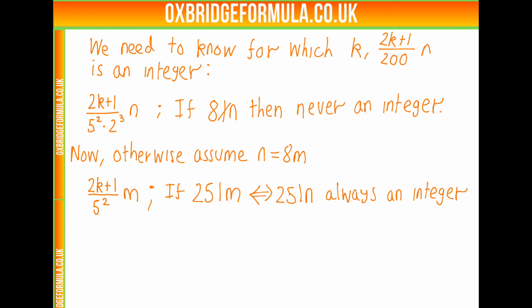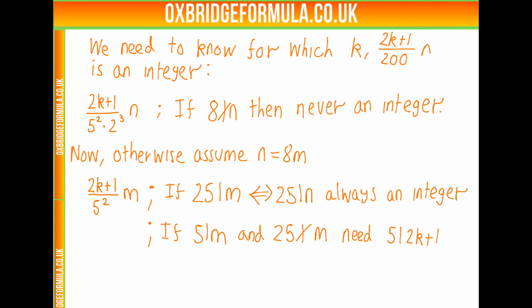Now let's look at the other cases. So if 5 divides m, but 25 doesn't divide m, then m over 5 squared, we know we've got one 5 in here, but we need another 5 from here to make this an integer. So this is an integer if and only if 5 divides 2k plus 1, or 2k plus 1 is a